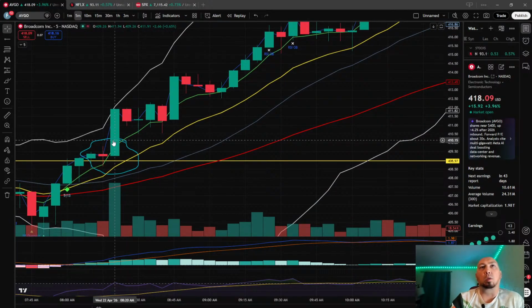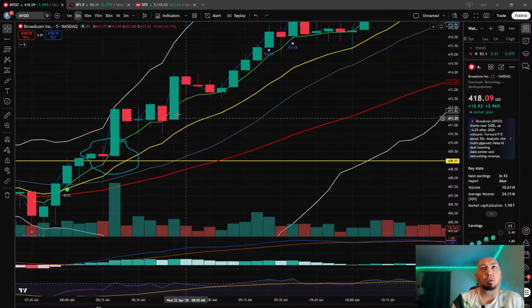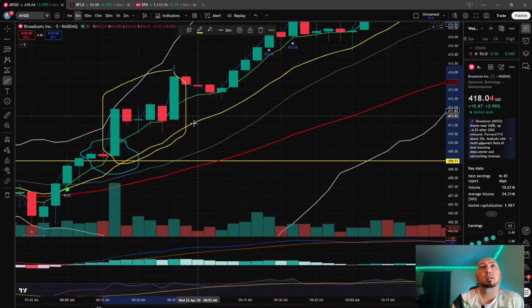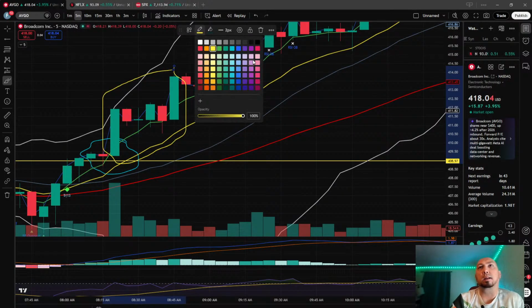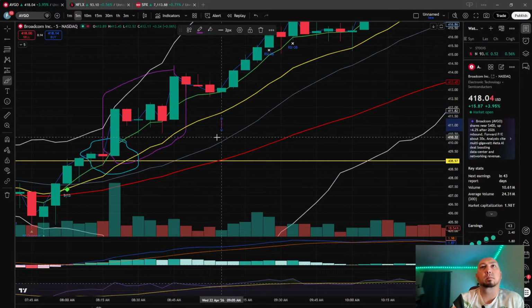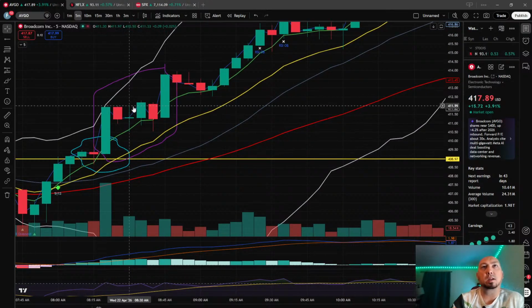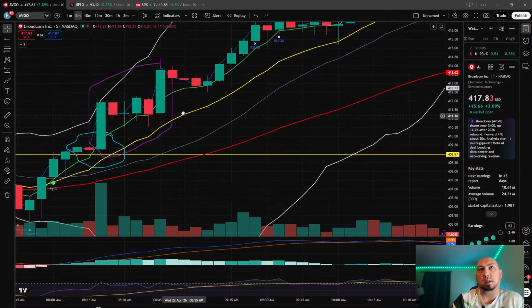Now Mo has a phrase or a word he likes to call this momentum right here, where you go up, over, and then up again. That's pretty solid. This is a solid situation where purple's kind of hiding. Up, over, and up. Forgot what he calls it, but it is basically saying that the momentum is likely going to continue bullish. If you see that going the downside, same thing just for the downside.